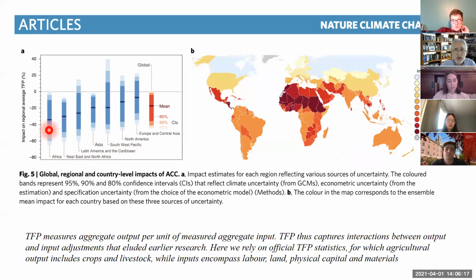productivity from climate change. So this total factor productivity is taking the biggest hit in the poorest areas of the world, right? So look at Central America, look at the Caribbean, some parts of South America, all these parts of the middle and the northern part of Africa, some parts of the Middle East. They are taking the biggest negative impacts from climate change into the total factor productivity of agriculture, which accounts for an important part of the economy in many of these places, but also it's obviously associated with food security,